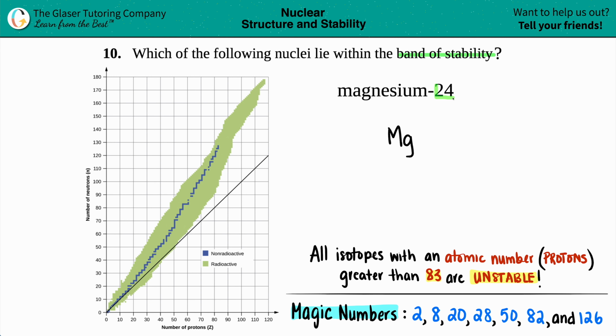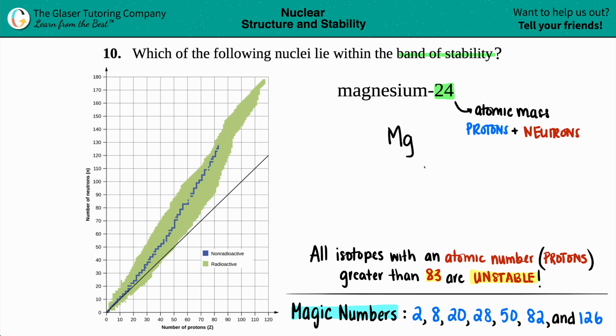And remember, if they're in this notation where they have magnesium-24, carbon-14, oxygen-16, that number is always referencing the atomic mass. Because the atomic mass for an element can change. In this case, the 24 represents the total number of protons and the total number of neutrons. A mass always has both of them. So in our case, we have a total of 24 protons and neutrons. But if we want to find out if this is in the band of stability, if it's a stable isotope, we need to find out how many of this 24 is protons